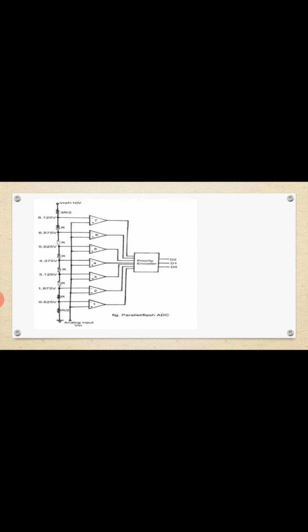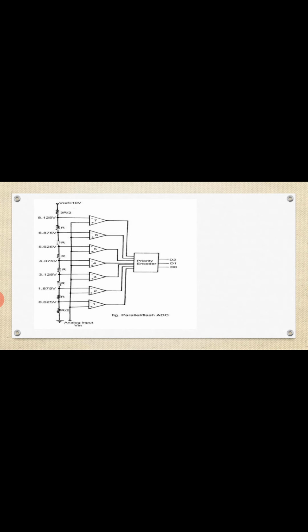So the next one is the flash analog to digital converter. Here a number of resistors and comparators are used, with logic gates, and the output is given as digital output. I will go through another circuit so that it can be easily understood how it is arranged. This is the circuit I put.